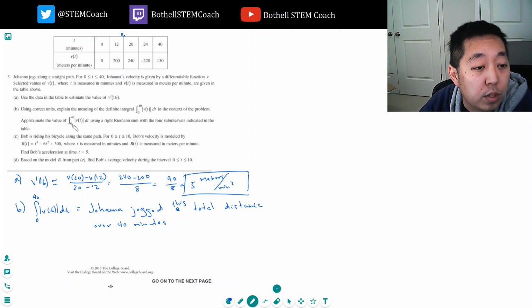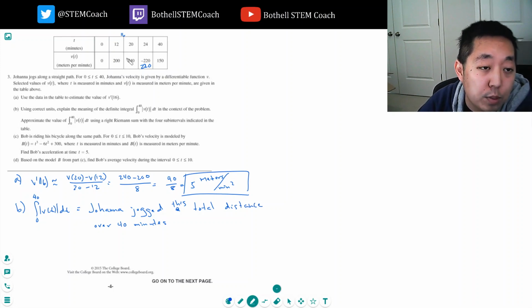Approximate the value of this using a right Riemann sum with the 4 subintervals indicated in the table. Okay, first we have to use the absolute value, which means this one has to get changed to 220. Just FYI, since we're not integrating v(t), we're integrating the absolute value of v(t), I need to take the absolute value of these values. Now this estimate